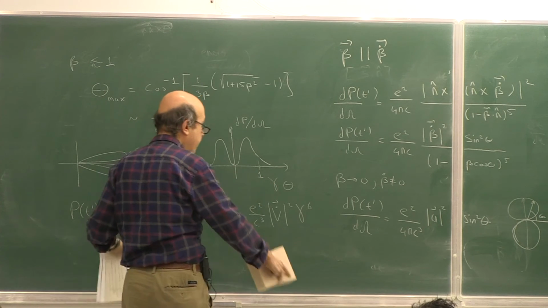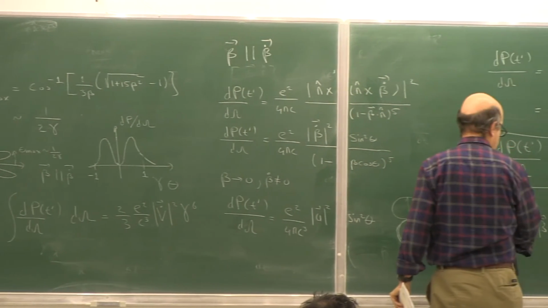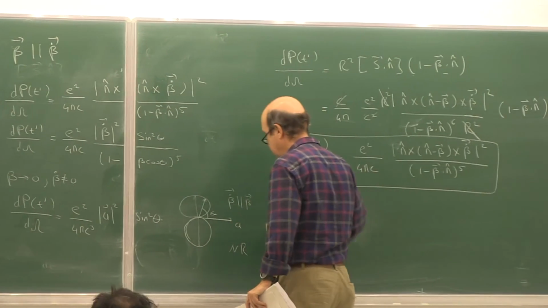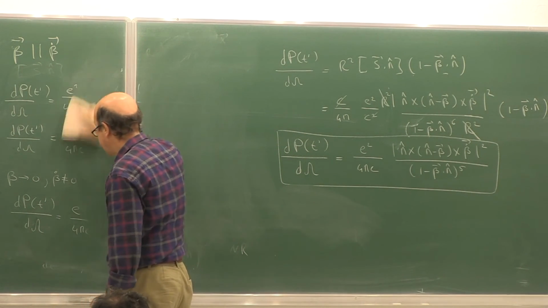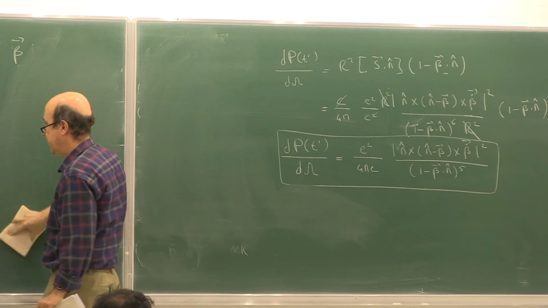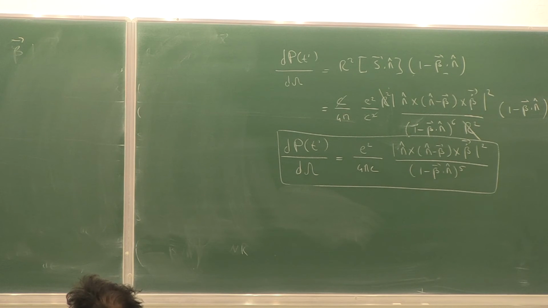Now, as you can guess, what I am going to do next is concentrate on circular motion, which is mostly the cyclotron radiation case, and look at the radiation pattern of a relativistically circulating charge. Basically, if beta and beta dot are parallel to each other,